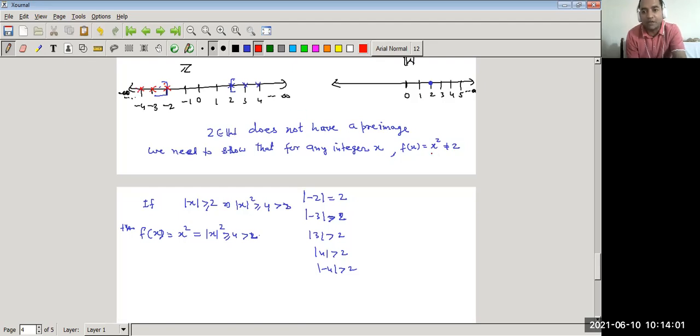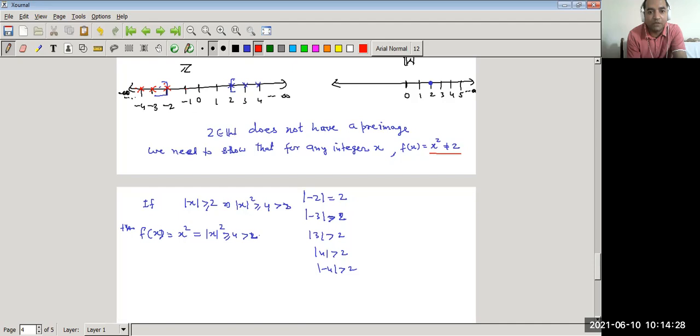हमें क्या ढूंढना है? एक्स स्क्वायर. हमें जिनका स्क्वायर x square इक्वल टू 2 आए. अगर ऐसा आता है तो it means this function is onto function. But we have to prove that x square is not equal to 2. तो इनका तो नहीं आया, इसका मतलब -2, -3, -4 and so on, 2, 3, 4 and so on, इन सब नंबर इंटीजर का स्क्वायर किया, वो 2 के इक्वल नहीं आया. This is greater than 2.